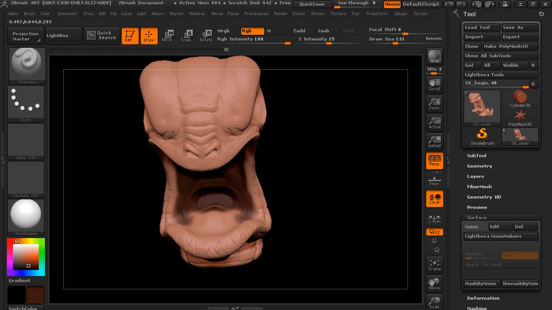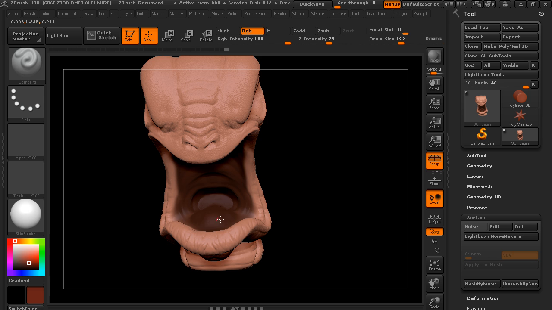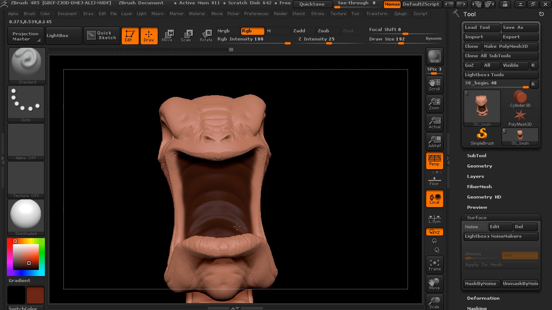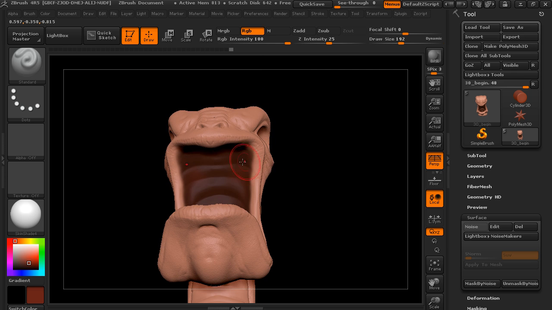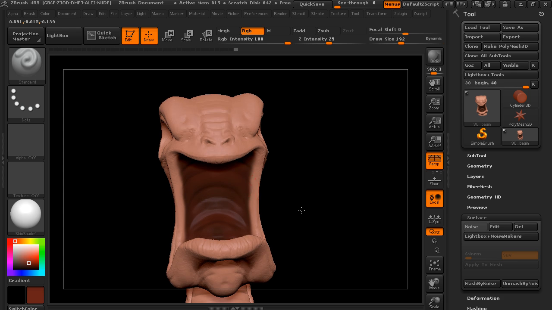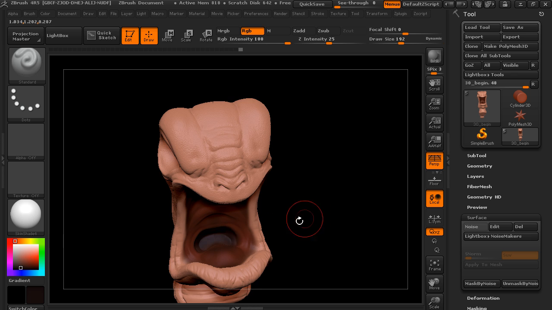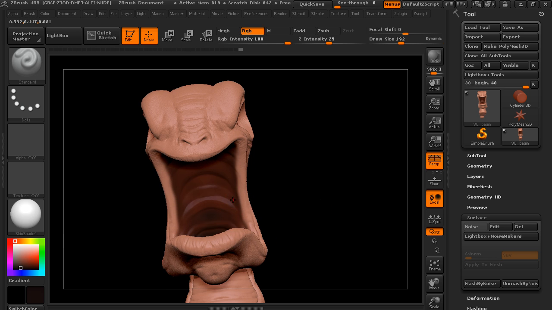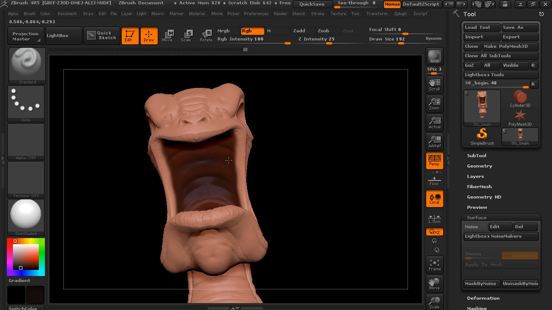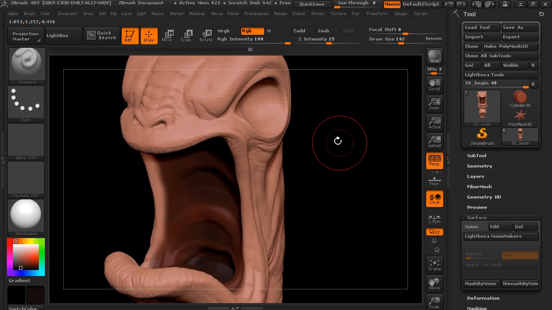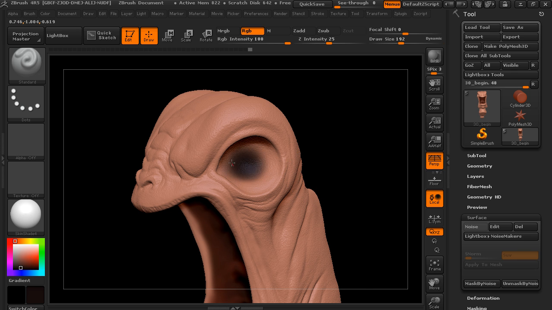Coming in here, building that up. If we want a little bit of red in that, we can come in and add a little bit more color and start to bleed that in. So you can get some really nice layered effect just by working all this color that you're creating together and going back and forth with a layered approach. Now maybe we'll go back to a darker color, take out some of the saturation. Come in here and really push some of those areas in with some black to emphasize the deepness of that. We can do the same thing with the interior of the eyes